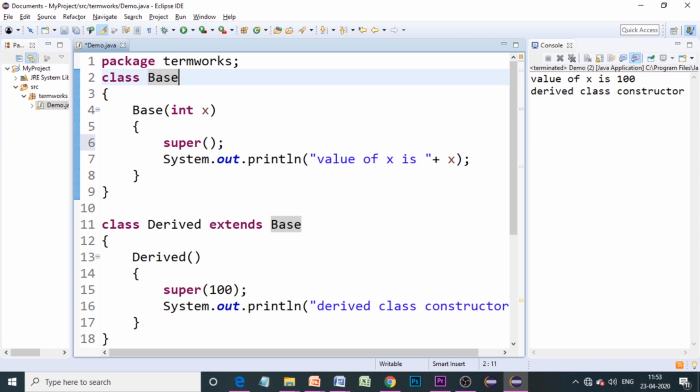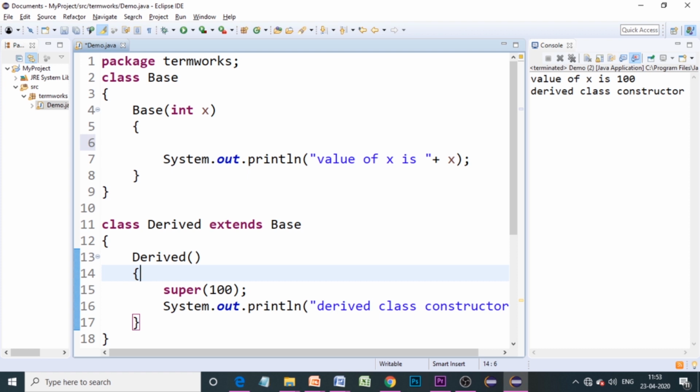So don't use the super keyword in the base class, which is meaningless. It has to be properly used in the subclasses. Though it is not going to give you any error, you are not achieving anything by using a super keyword. The super keyword has to be used in the subclasses, not in the parent class. Okay, that's all for now.